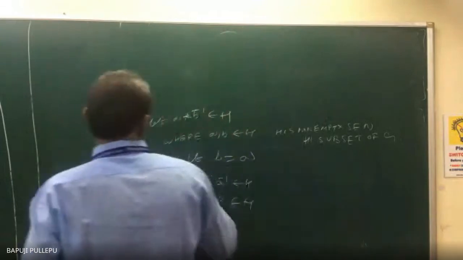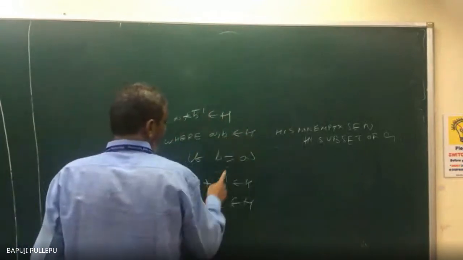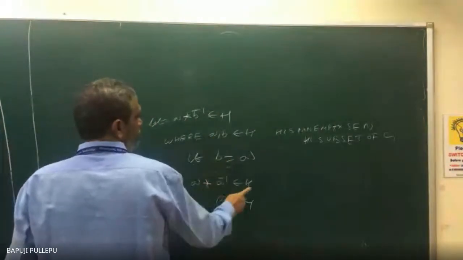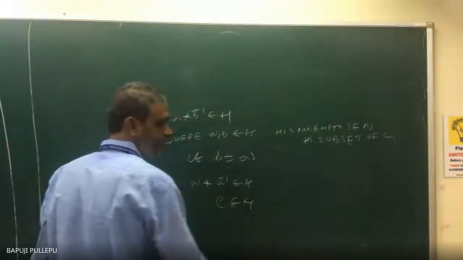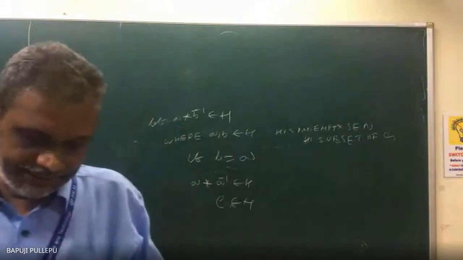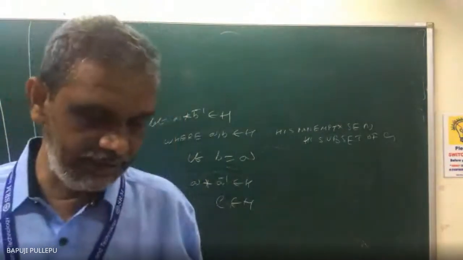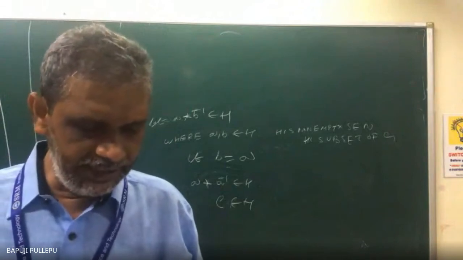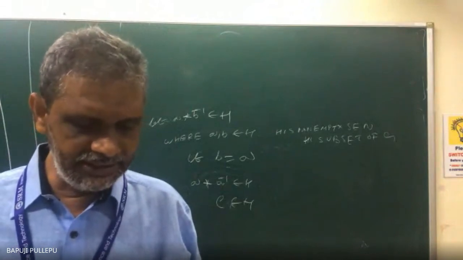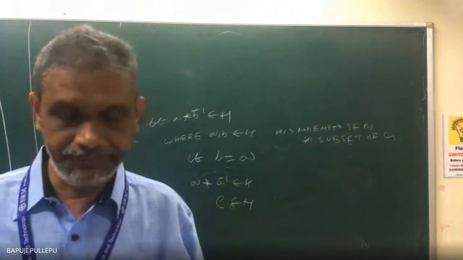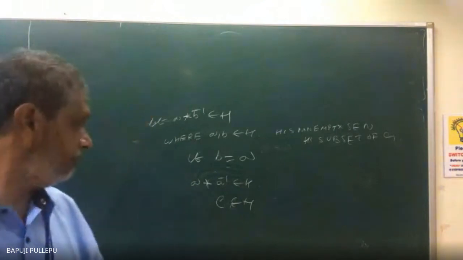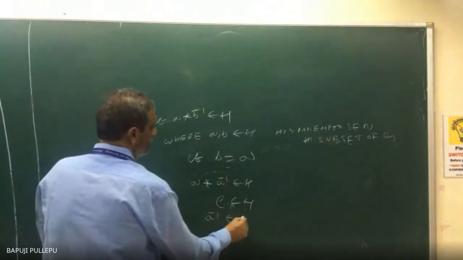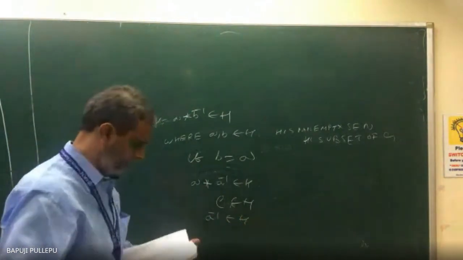So if A, B belongs to H, this is what I am taking as 2. A into A inverse belongs to H, then E belongs to H. So obviously A inverse belongs to H. Using the given condition, for the pair E and A belongs to H, then E star A inverse also belongs to H. From this, what we will say: A inverse also belongs to H. That is the second property.